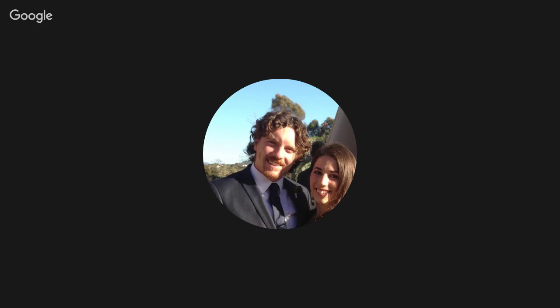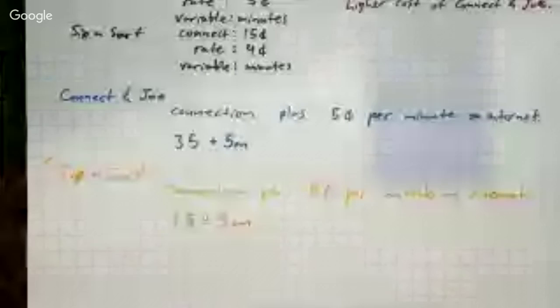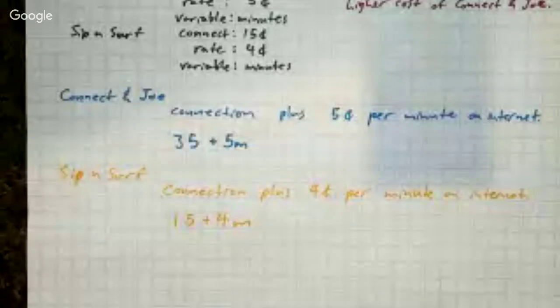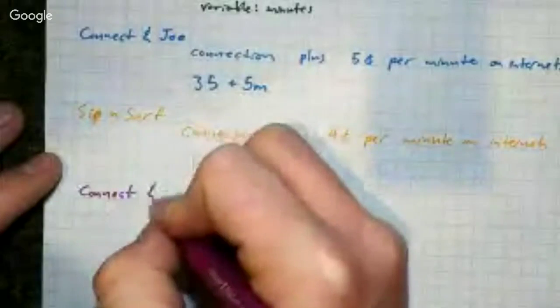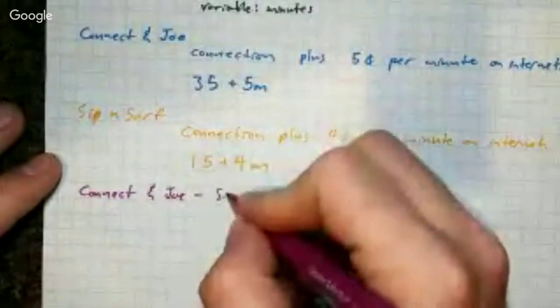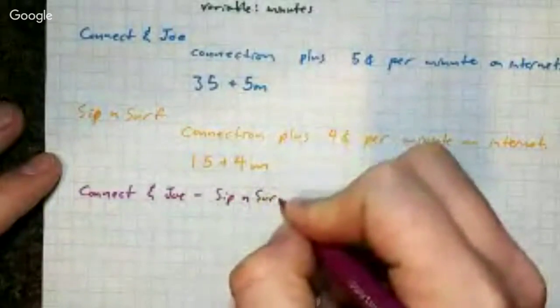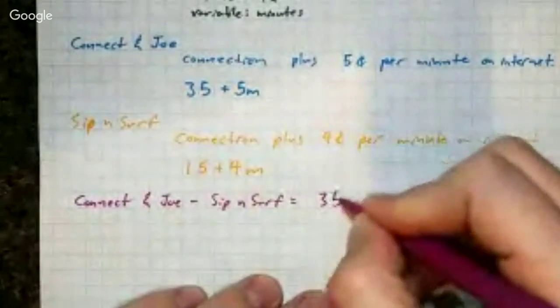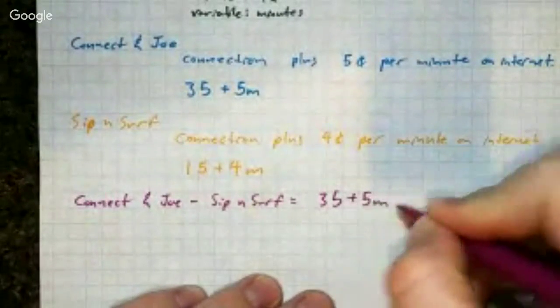And we just need to make sure that they're in the right order. Well, when we look at it, more Connect and Joe costs. So that's going to go first. So it's going to be Connect and Joe minus Sip and Surf, which would be 35 plus 5M